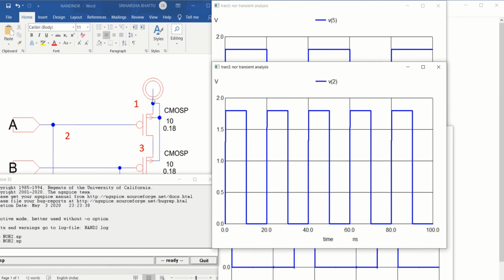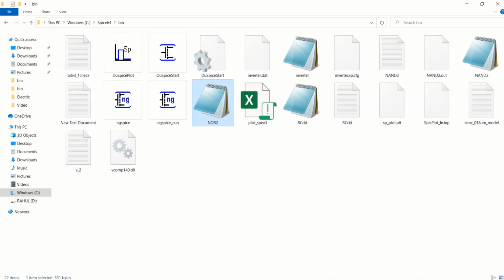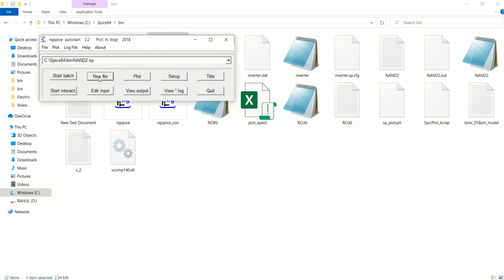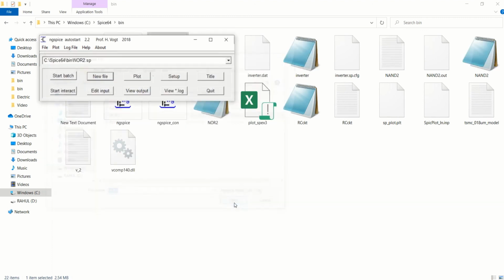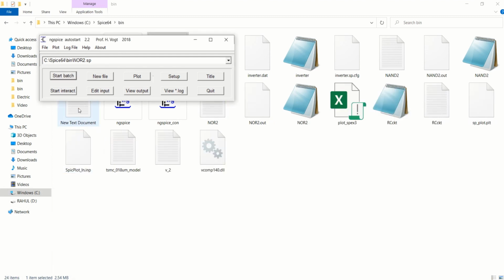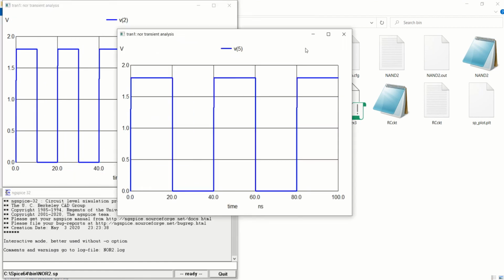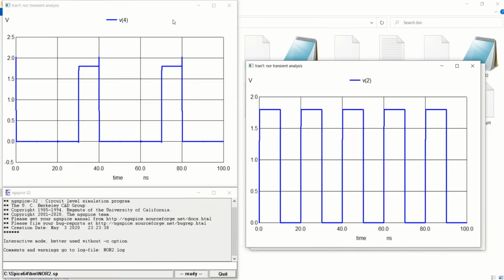Or if I want to simulate in another fashion, you can go to your Spice Start, double click on that, go to the new file, NOR, select the NOR2, open, start batch, then hit start interact. So it will open all the results individually one by one.